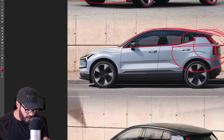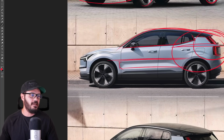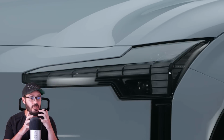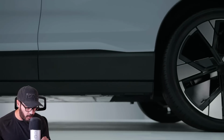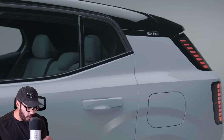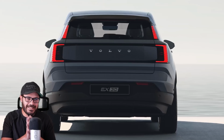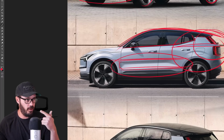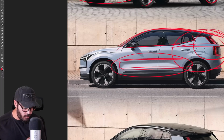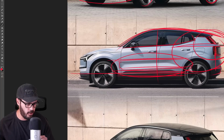But before we do that, have a look at these two parallel lines. This is what I'm talking about when I say that Volvo is great at mixing industrial design and product design, a bit more static feel in their designs, but they still have, for example, these two static lines at the bottom combined with a very smooth and automotive top section of the car, and I think everything works really well together, and that's not an easy thing to do, to mix two completely different philosophies of design, industrial and automotive. And you can see at the bottom, to reduce some of this weight, you have the battery pack sitting somewhere in this area, and it's also blacked out to reduce the overall visual height of this thing, and of course the black roof